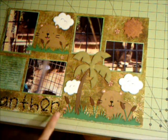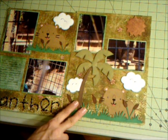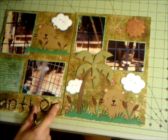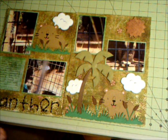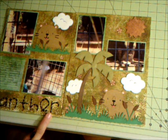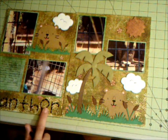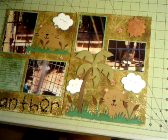So it actually didn't go all the way across my page, but that is okay because I ended up cutting all of my die cuts first, which I normally don't do. Usually I pick my paper and then choose my colors, but this time I knew the grass is green and the clouds are white, so I went ahead and made my cuts and then picked my paper, which I'm glad I did because I found paper that has flowers in the back, and I believe I got it from, let me tell you,